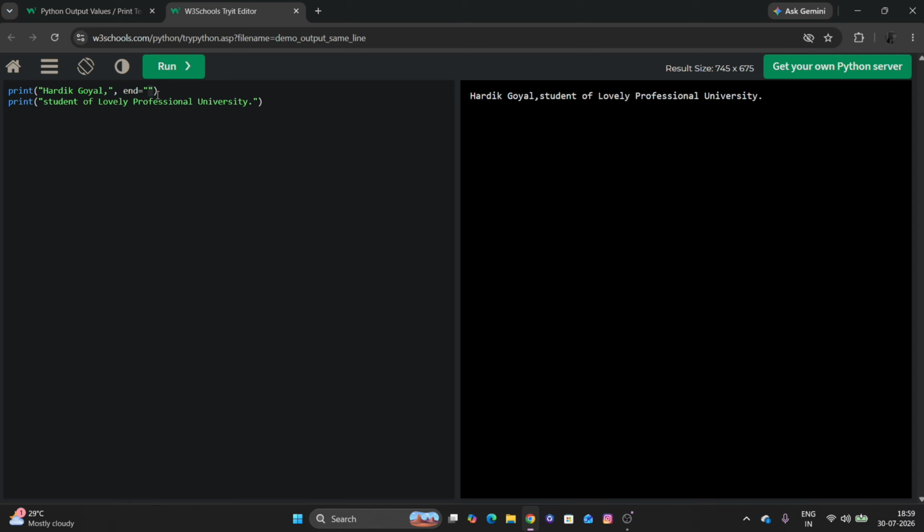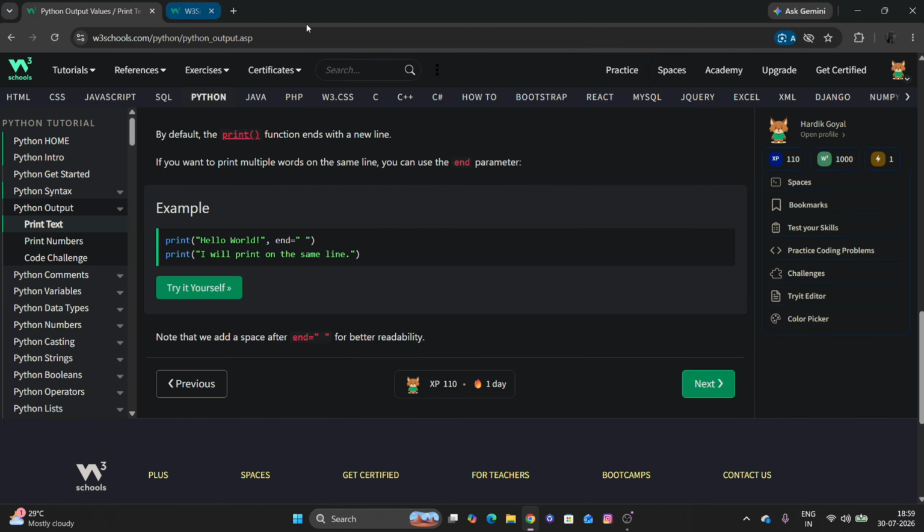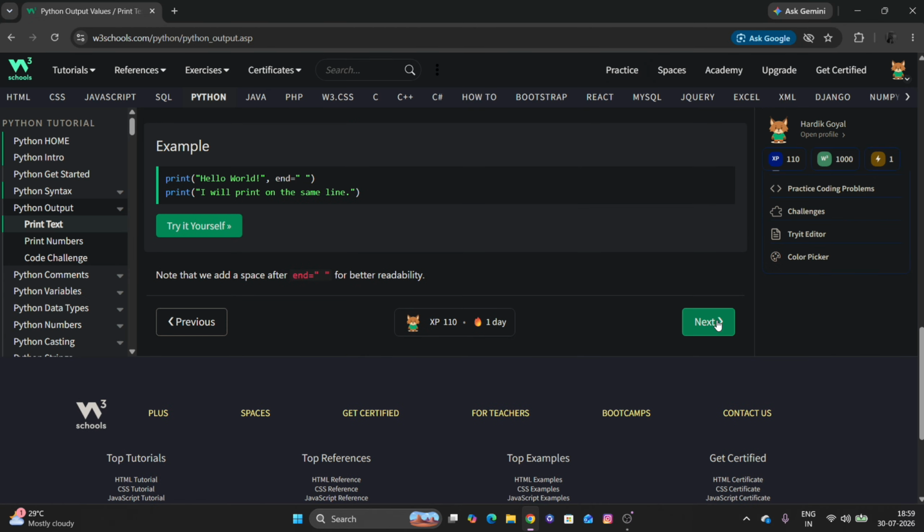If I want to add a tab, if I give here tab, now see, it is four spaces in between these two print statements. Okay, so let's move ahead. Next,